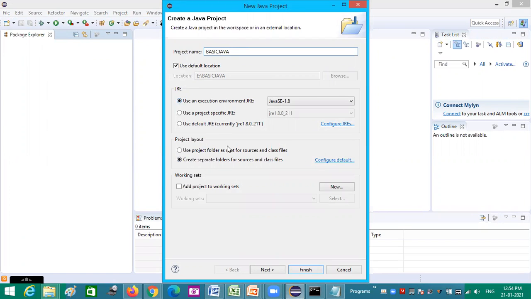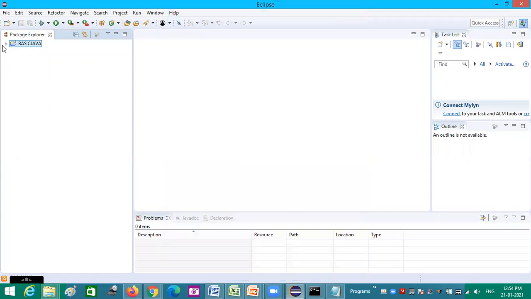All these are basic things, we shall simply leave it. And here, create separate folders for source files and class files. If this is selected, we can clearly segregate the source files and the compiled class files. Then I am giving finish. So it creates a new project, and under that, a runtime environment and a source folder are automatically created.